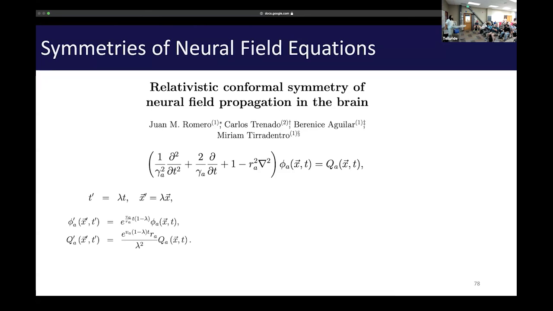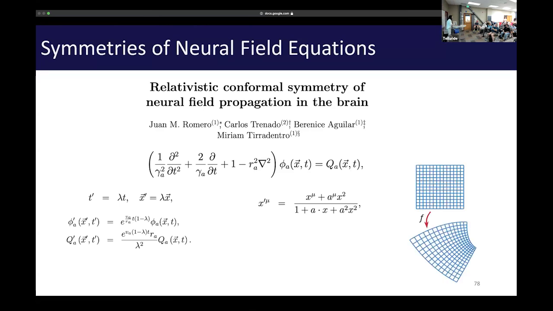This is what we call, in the equivariant deep learning literature, equivariant neural networks. This is equivariant to a scale change. They're also equivariant to conformal symmetry changes. So what is that crazy transformation here? A conformal transformation is a transformation that preserves local angles. So it's like preserving local geometry. It preserves angles, but not size or distance. And basically, even with this crazy transformation, this is still some kind of scalar transformation of the dynamics. So my argument is, okay, if this is really an equation that approximately